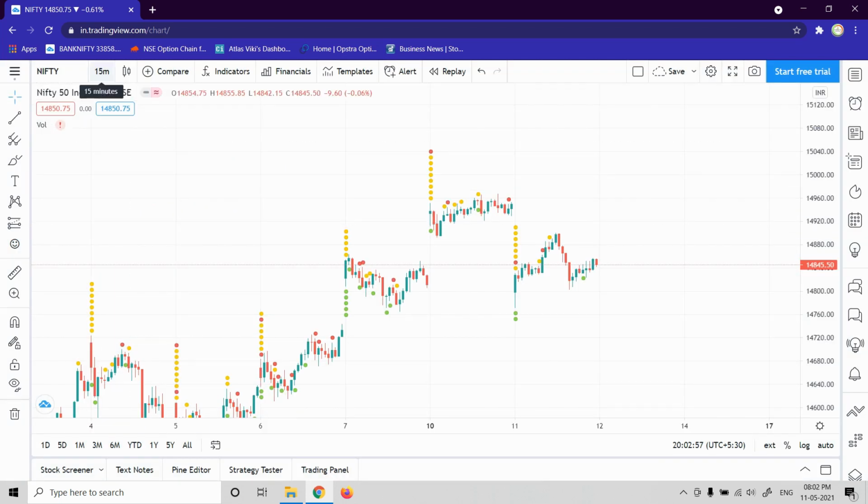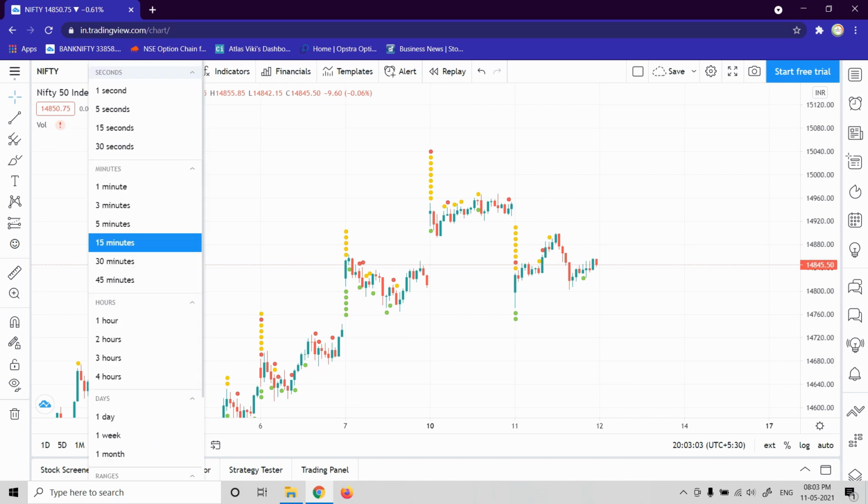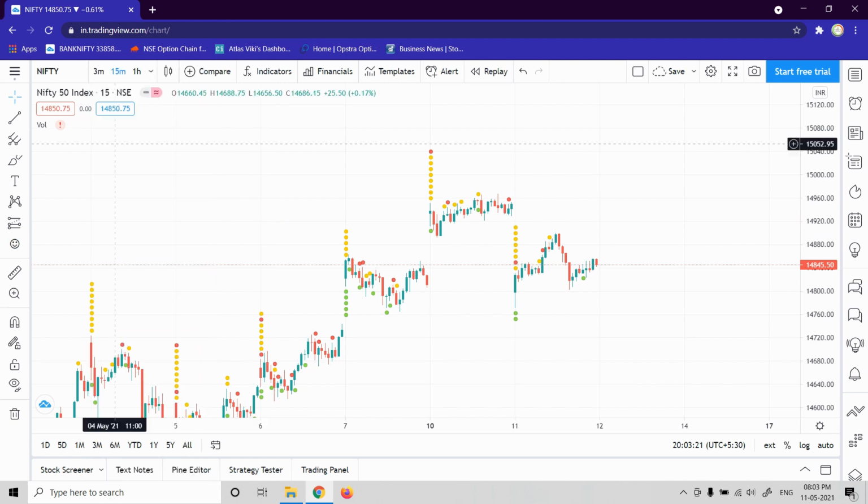On the time frame here, as of now it shows only one time frame. If you want to move on to the next time frame, you just have to click on that, and it will show a drop down like this. But if you want your favorite time frame in your title itself, all you have to do is make it a favorite, and it will be available there. Yeah, you see that: 3 minutes, 15 minutes, 1 hour. So you can just move with this.